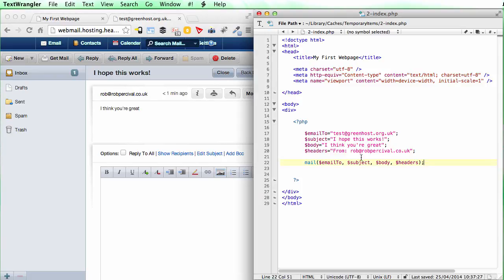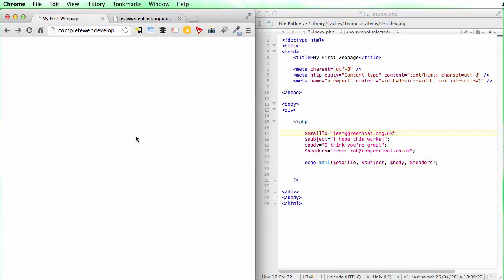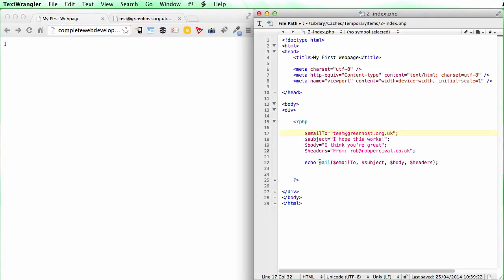A couple of other things to note about sending mail. First, it can be useful to see whether the mail command was actually successful. Now, if we just echo the mail command, it does actually return something. So if I refresh that, it returns a 1 if it's successful. So that means that we can say if the mail command, then do something, else do something else. So if the mail command is equal to 1, then this first bit of code will run, and I can just display mail sent